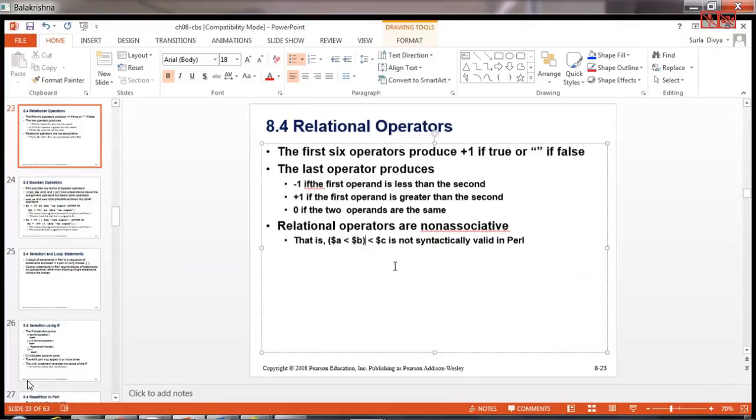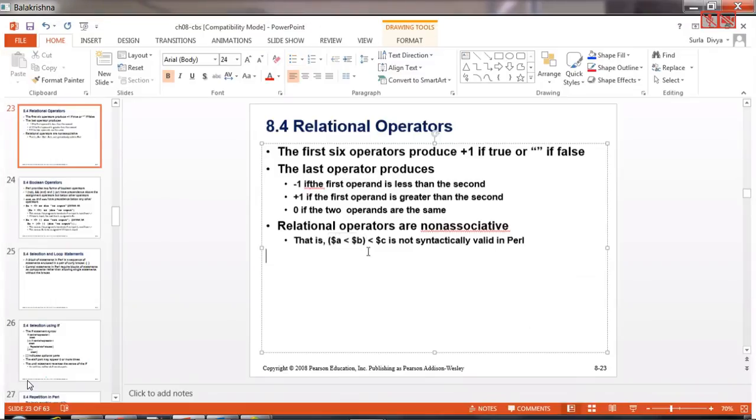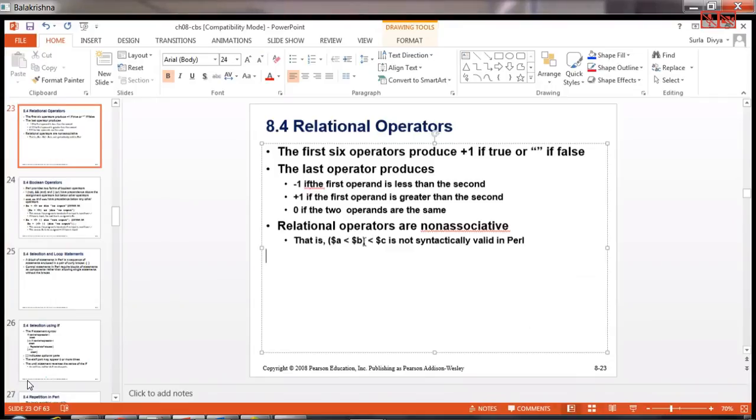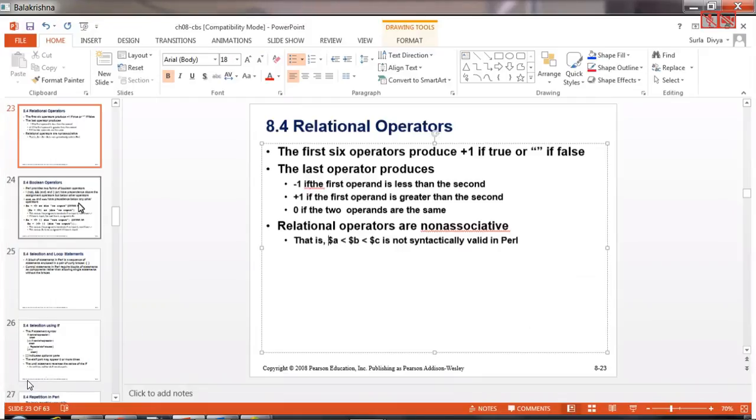But here, this is non-associative, you cannot directly have this. If $A is less than $B, now because these are grouped, yes, this is possible. Now it will just compare with this. But if you don't have the grouping, then it is difficult for it to have an association. It doesn't know whether it has to compare from left to right or from right to left. So that is syntactically wrong.